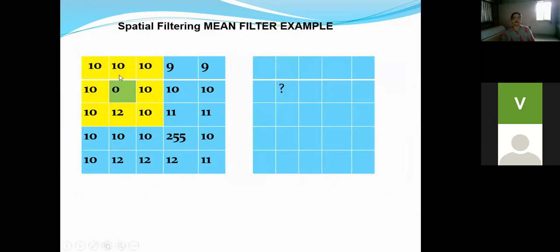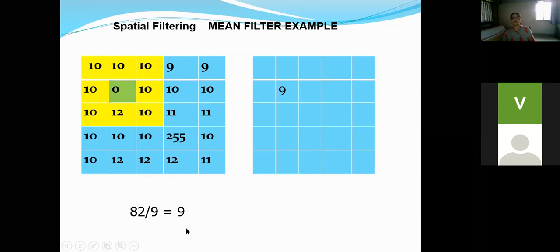Okay, so basically we are determining the new value of the pixel at this particular location. Here this blank image represents the enhanced or processed image. If we add all these numbers, the addition is 82. 82 divided by 9 gives you 9.11, and this 9.11 is rounded to the nearest integer.